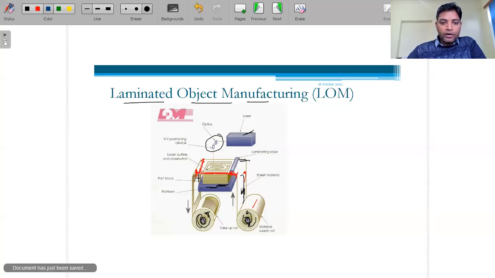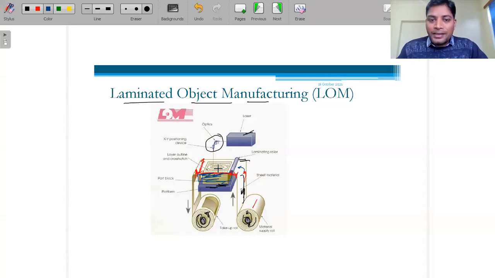Initially this platform is here. Okay, this is the platform. Now over that, this sheet is initially kept. We are keeping this sheet, and this laser is coming from this side. Please keep in mind why I said that we are using only the materials which have a melting point less than 300 degrees centigrade, because as I said, these are just an invention. This was initially created for thermoplastic materials only.